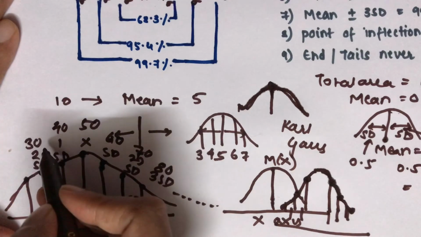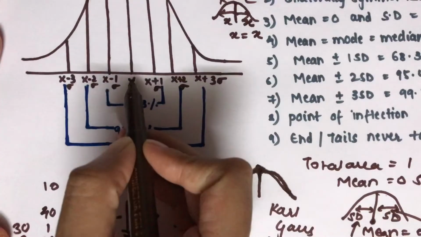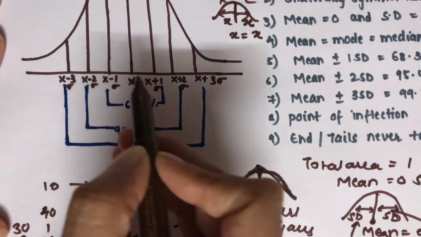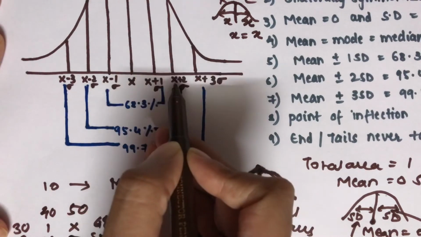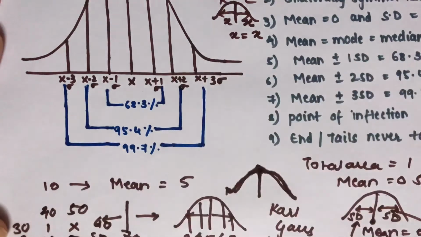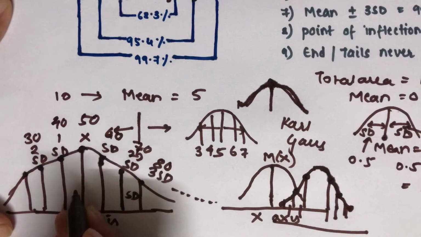And because of that, in this actual normal curve you can see this is the mean. So this is mean minus 1. So this is a symbol for your SD. So this is mean plus 1, mean plus 2, mean plus 3. Like this it goes on. So this means that your base is divided at a distance of 1 SD from the mean. So your base is divided at 1 SD from the mean.